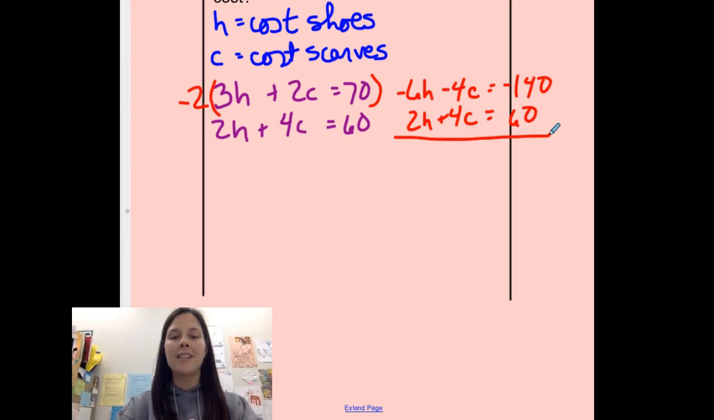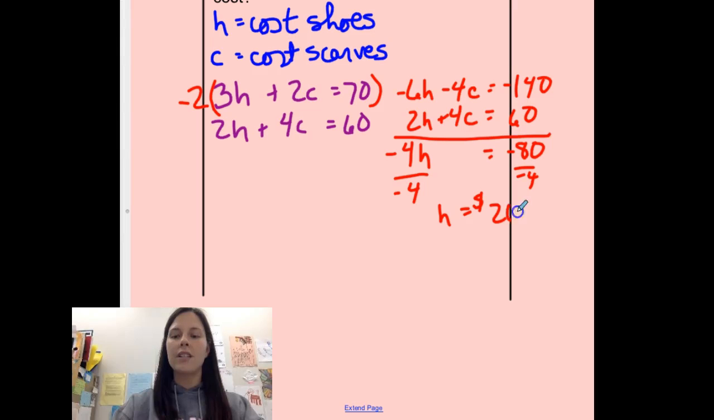And when I add these equations together, my negative 4c plus 4c will cancel, and I'll be left with negative 4h equals negative 80. Dividing both sides by negative 4, I get the cost of the shoes is $20 each. To solve for the cost of the scarves, I will take either of the original equations. I'm going to use the second one because it has smaller numbers, substituting 20 in for h,